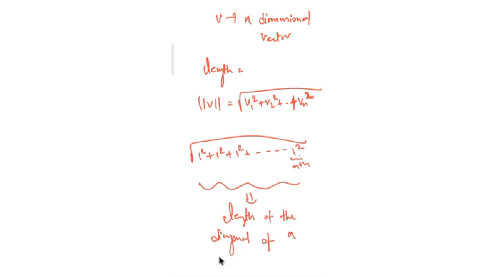Of a unit cube in n dimensions. So this is how, again, extending your ideology. When you take a square in 2D, how do you get the length of the diagonal? The Cartesian plane should be drawn with black ink. So yeah, this is not a Cartesian plane, to be honest.